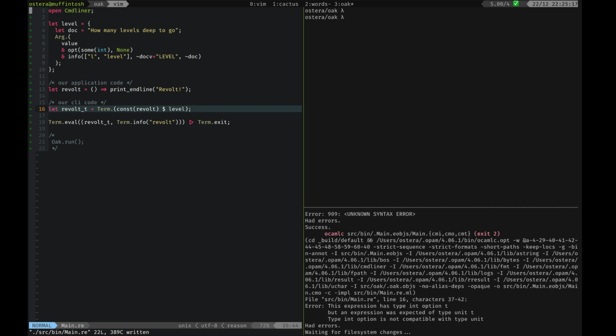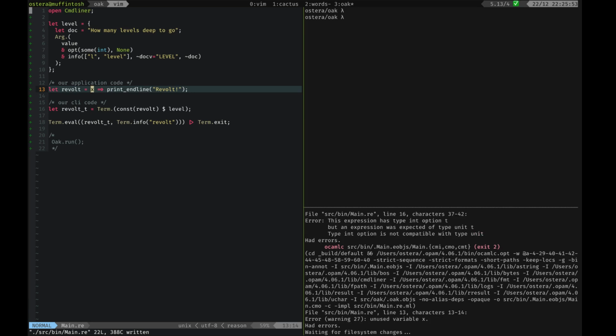we get an error. This is the very interesting part. Why? Because revolt is a function that goes from unit to unit, right? So this will be a term that goes from unit to unit. However, now we need to give it a type. Sorry, we're trying to evaluate this thing with a value that is an optional int. So this no longer will take a unit, it will take some value x now, right? That when we take a look at the type of it after we save,